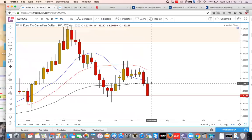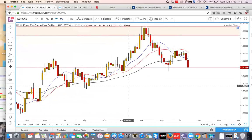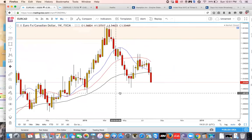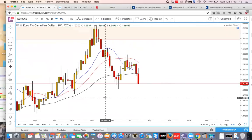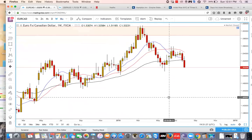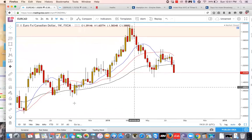So coming to the weekly chart, just to keep in mind, we like to look at the higher time frames first and then break it down. It's not like we're taking entries off the monthly or the weekly. We just like to get the overall feel for the charts and then go down and take our entries off the 4 hour or the 2 hour or whatever. So don't try to take entries off the weekly or the daily,